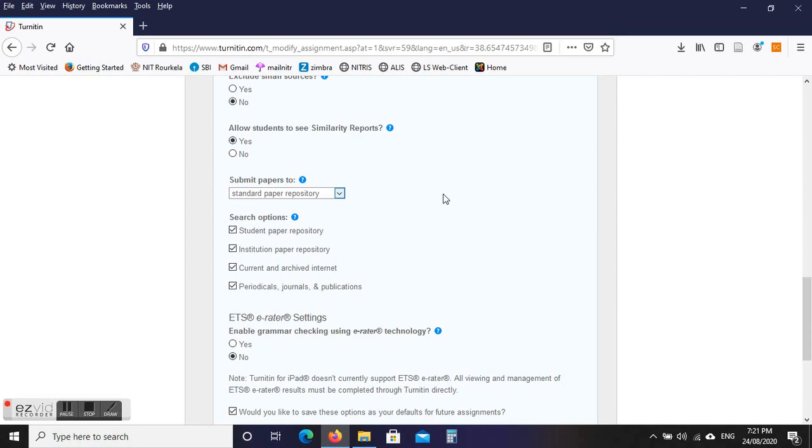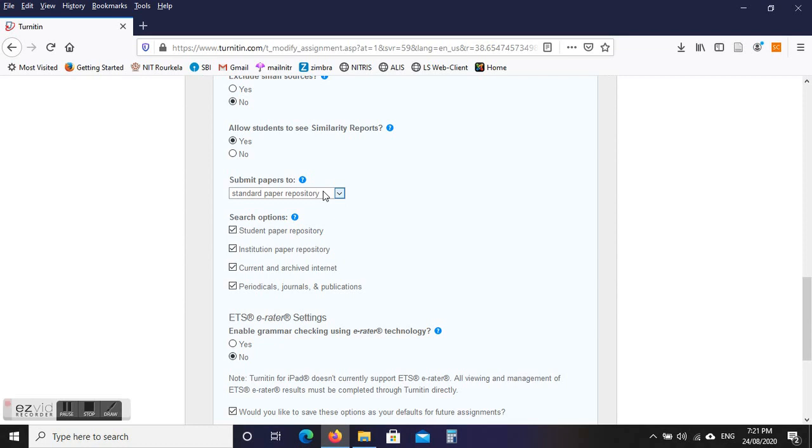Turnitin, once you upload your article or thesis on Turnitin, even after deletion, it will actually store one copy in their repository. So later, if anybody checks, even yourself checks your same article, it may show you 100%, 80%, something like that, because it will verify with the already existing standard paper repository. So generally we should not select this one, but there may be a relevance that suppose someone is working on the same topic somewhere and they are also checking